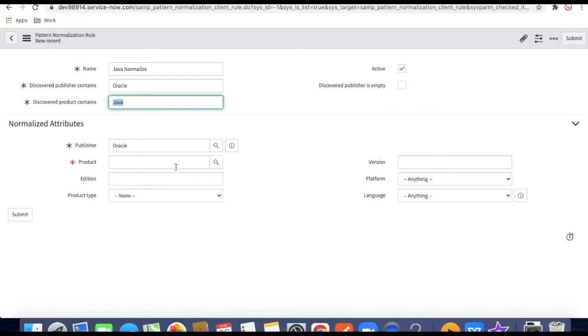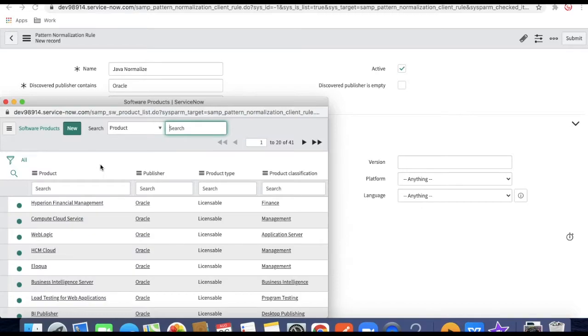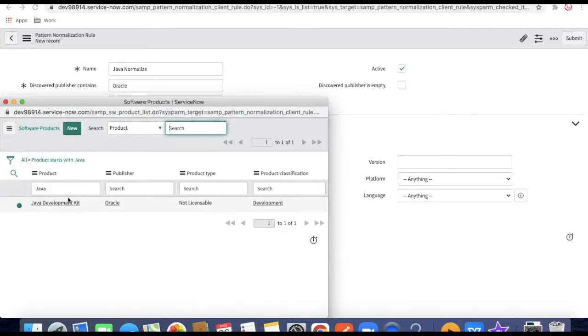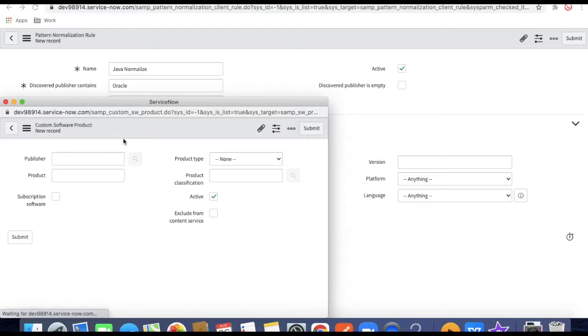So copy that and then go back and create a product called Java, or if that is available, we can use any product called Java. There is a Java development kit. Either you can use that or we can create a Java general, something like that. So we'll put Oracle as the publisher and the product as Java update, something like that.